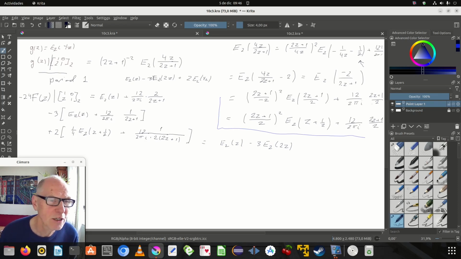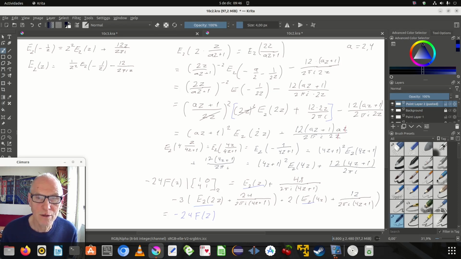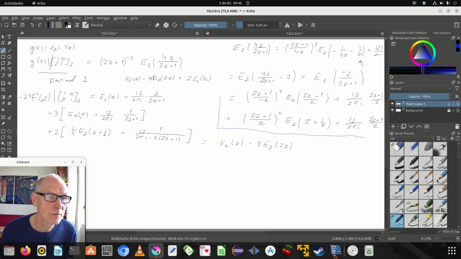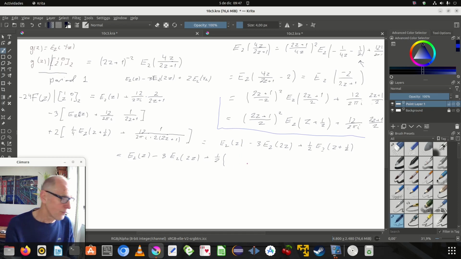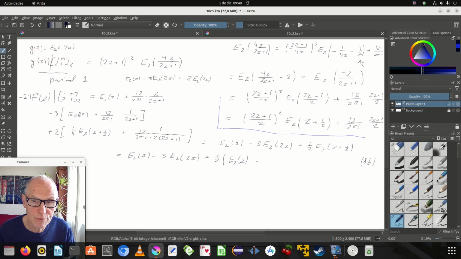Or is that z? Where did I do that? It's actually e2 of 2z. Plus 1/2 e2 of z plus 1/2. It's actually in problem 8b that this equals Ez e2 of z